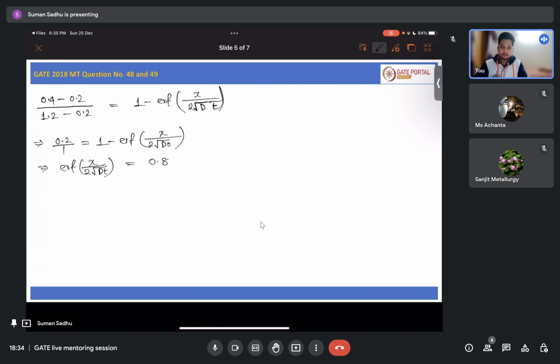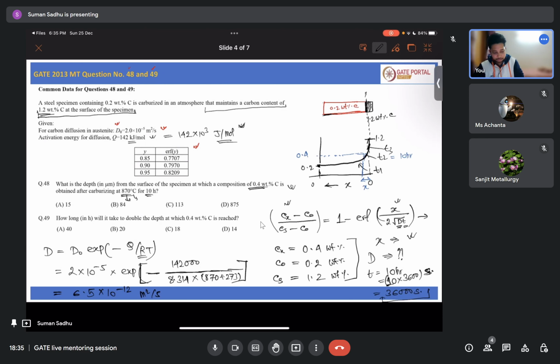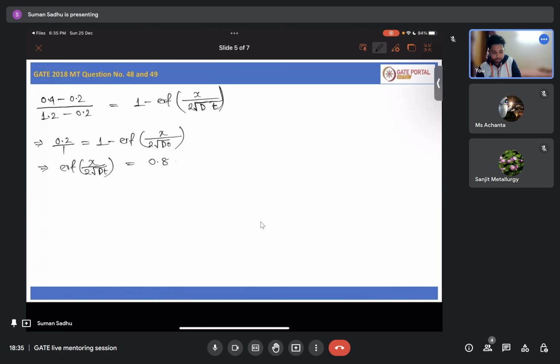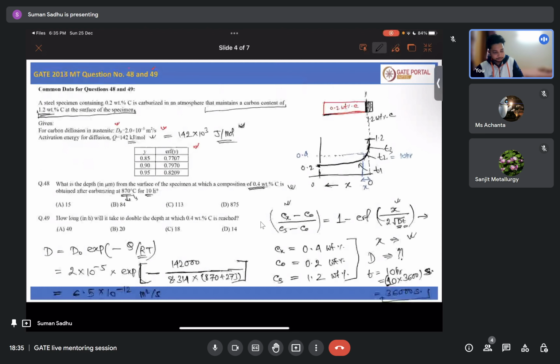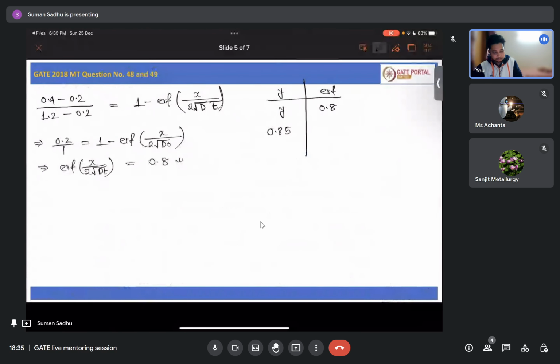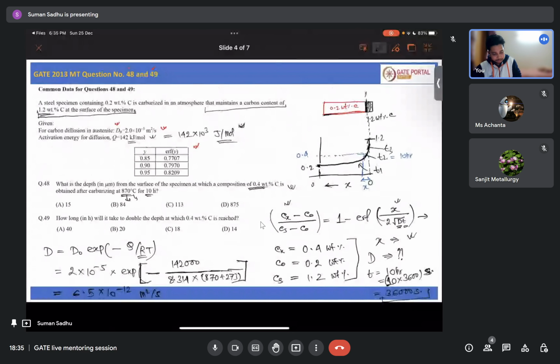Now in the question, one chart was given to you, this one, right? Here the y values and corresponding error function values were given. In our case, we got the error function value as 0.8. So let us write here the chart, that is the error function. We got the error function value as 0.8 and we don't know the y value, but a few values are given: corresponding to 0.85, the error function value is 0.7707,